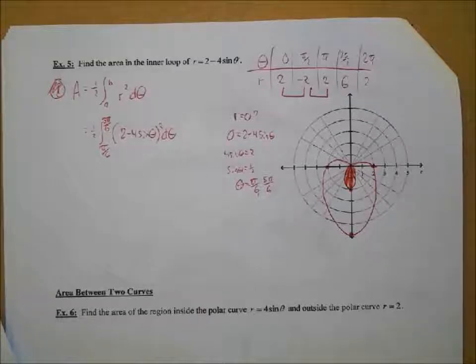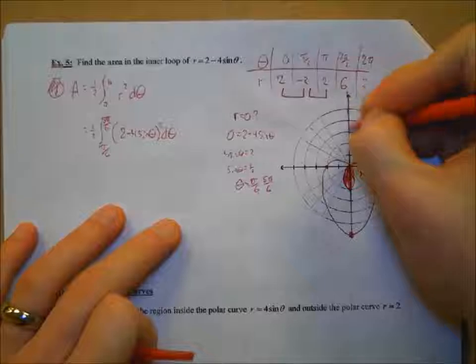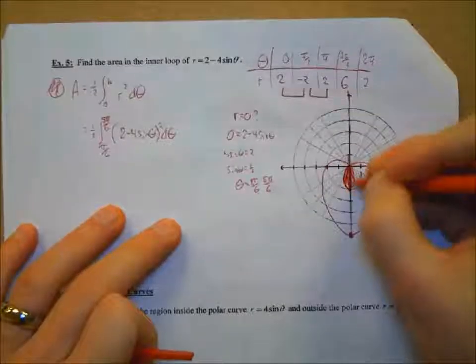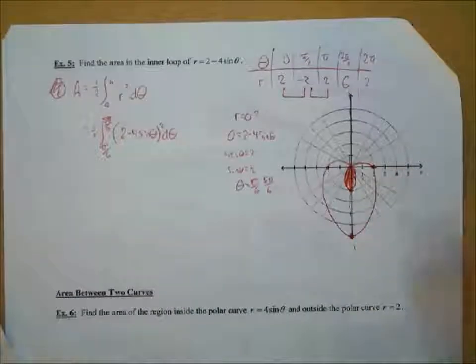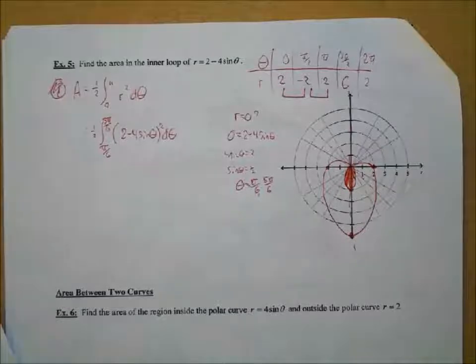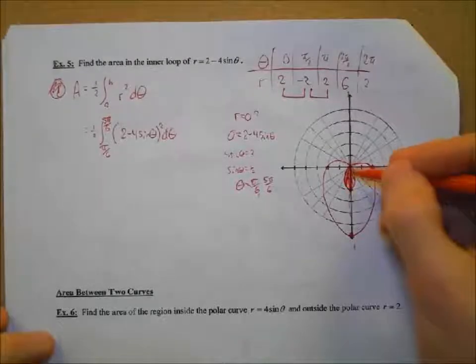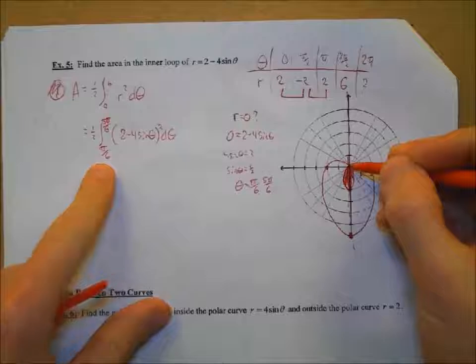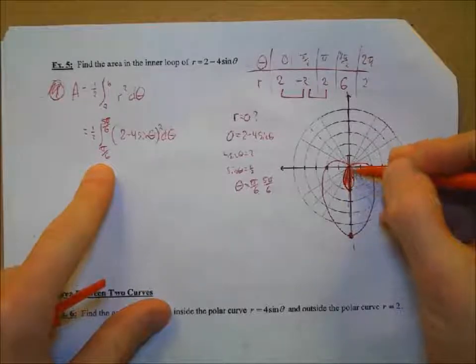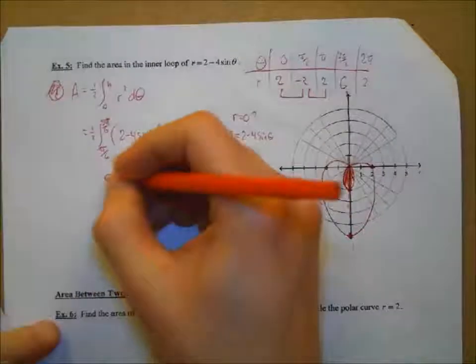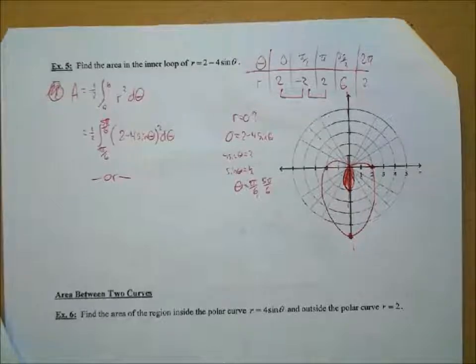Now, I was talking about symmetry before, right? And I showed you kind of in the homework this object here, this polar graph. It's symmetric about, I guess, the y-axis. And so what we can do here is instead of doing the full angles from pi over 6 around to 5 pi over 6, we could alternatively describe this as